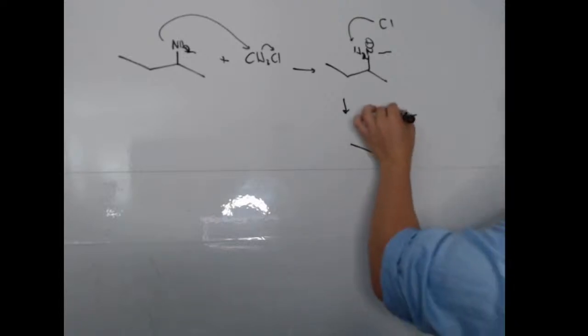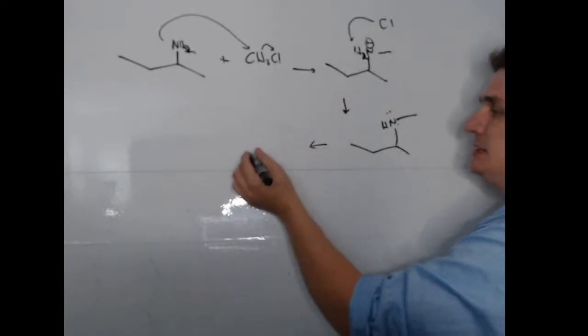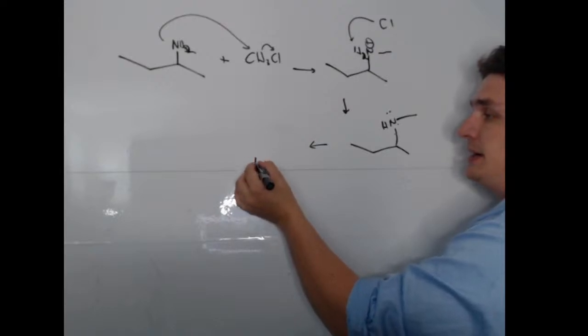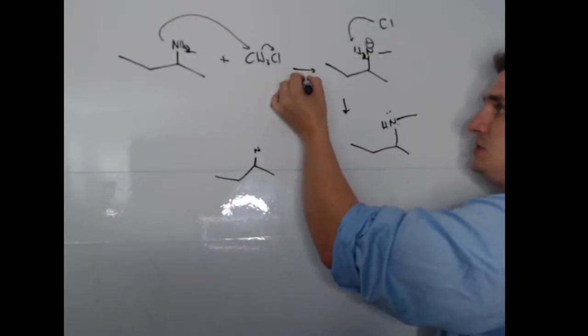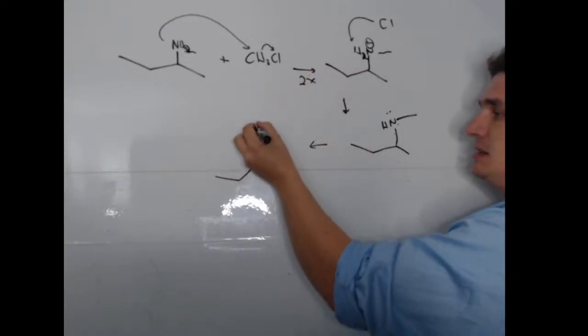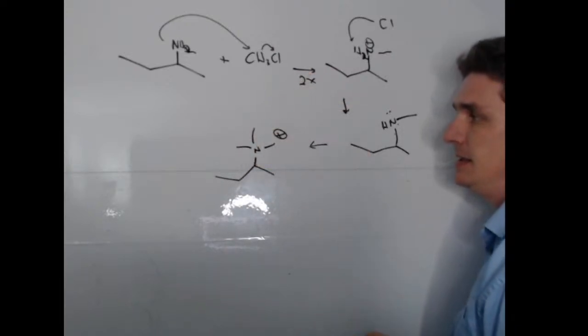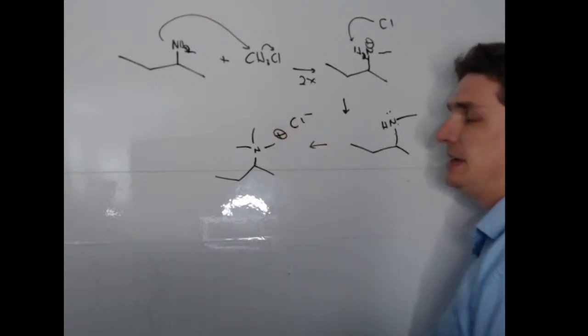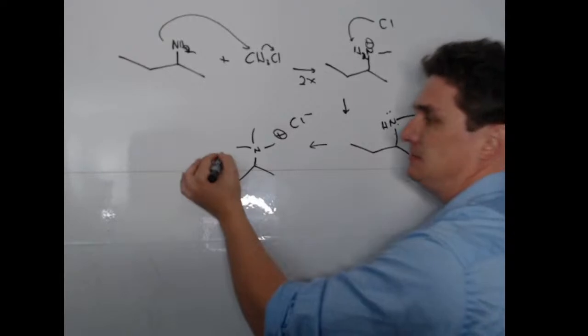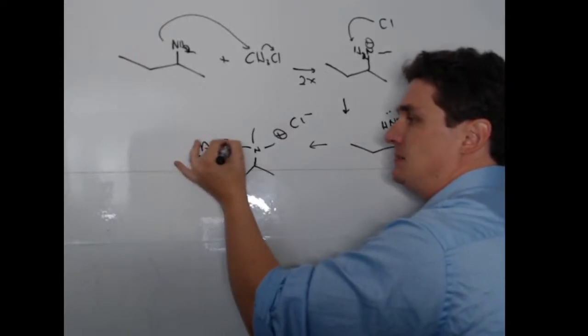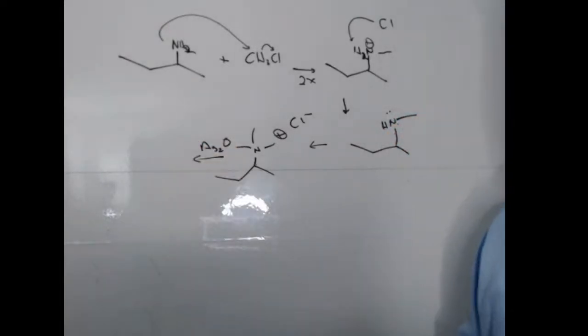This lone pair of nitrogen is just going to keep pushing the chloride off until we end up with a quaternary nitrogen atom. So this reaction is going to occur 2 more times. And we're going to end up with the chloride salt. Now this on its own isn't particularly useful, but if we throw some silver in there, and this is a transition metal catalyzed reaction, so there's a lot more going on that Lewis theory really can't describe,